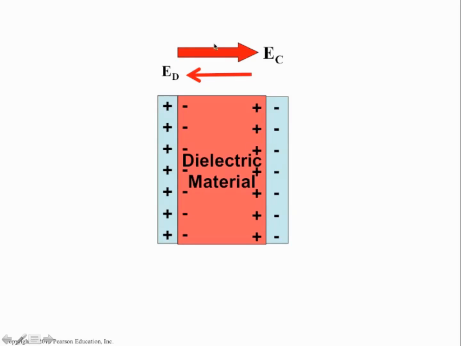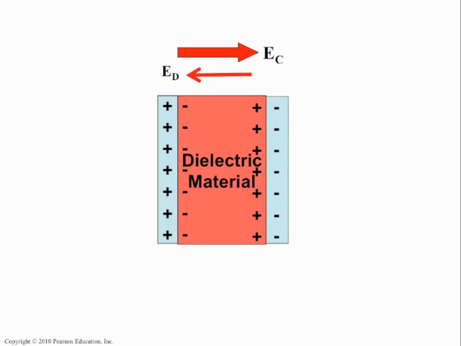Now, big EC is referring to the field lines that go from the positives on the left plate to the negatives on the right plate. Little ED is referring to the little field lines that go from the buildup of positives on the right part of the dielectric to the buildup of negatives on the left part of the dielectric. So as you can see here, little ED is opposing big EC, which is going to decrease the overall